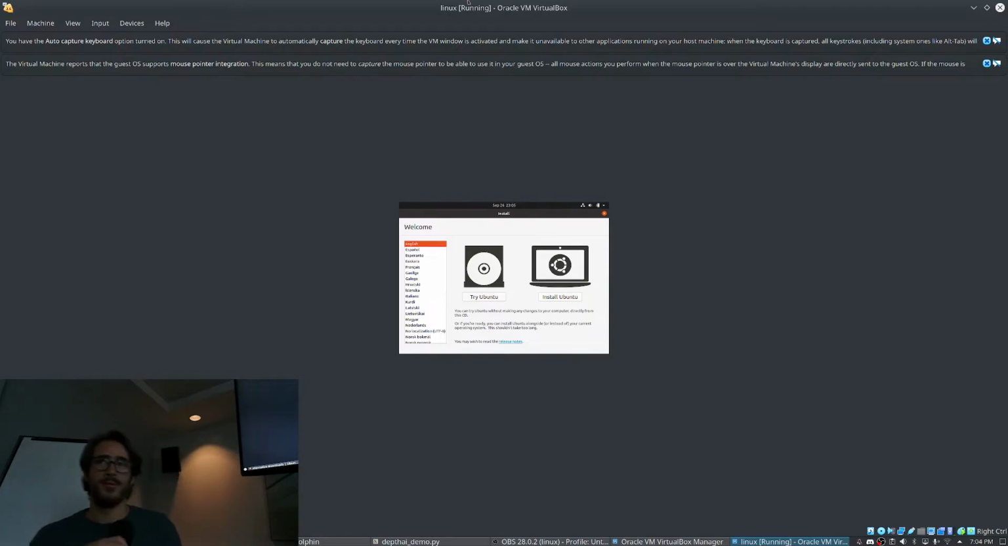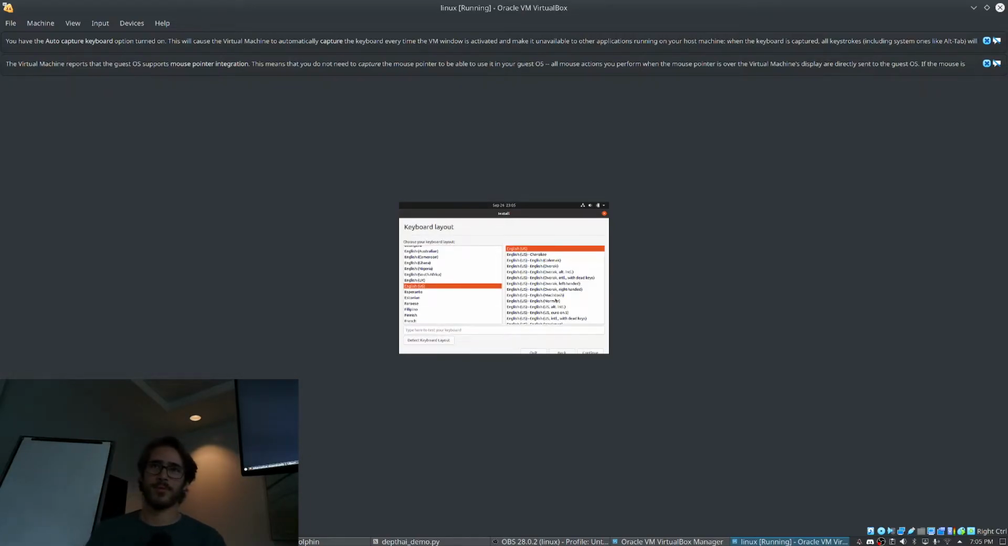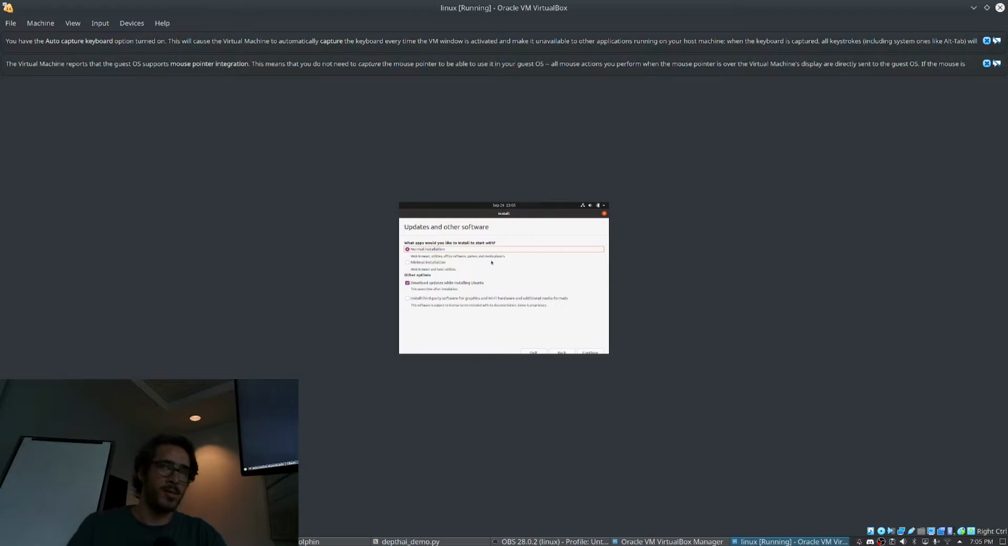So, in general, once you do get to here, you want to just go to install Ubuntu. Because again, it's English US, of course, unless you don't want English US for your keyboard and language. And then